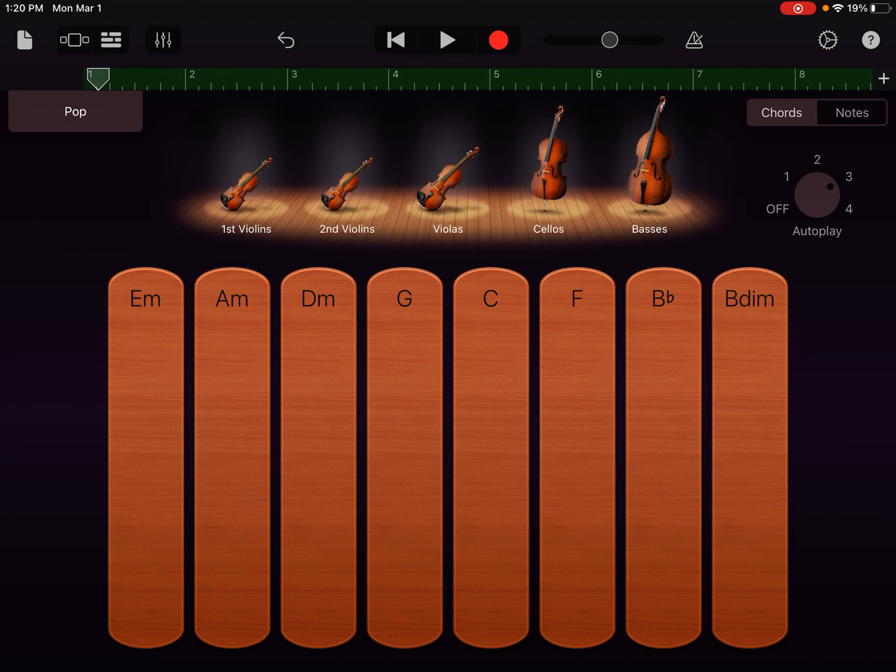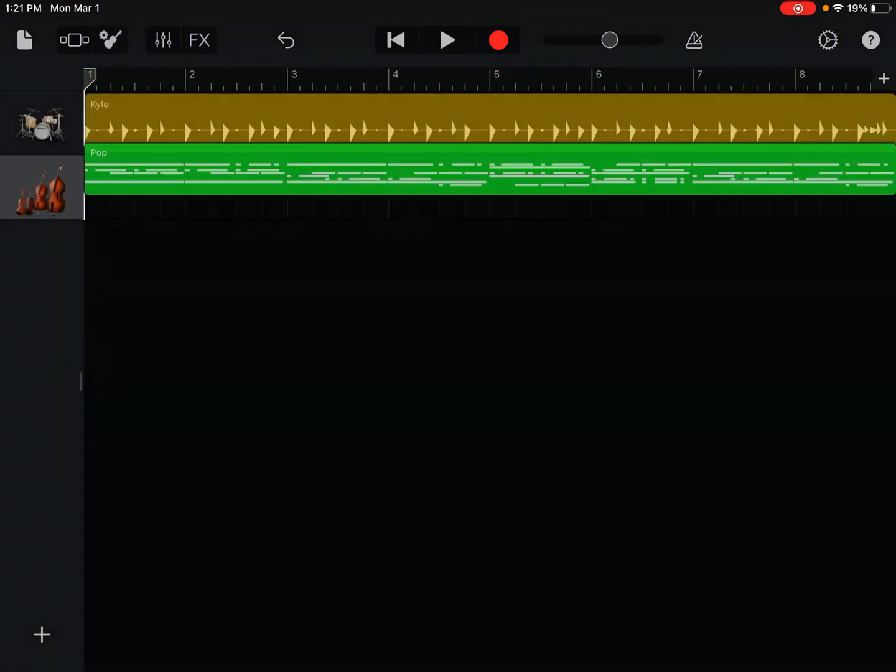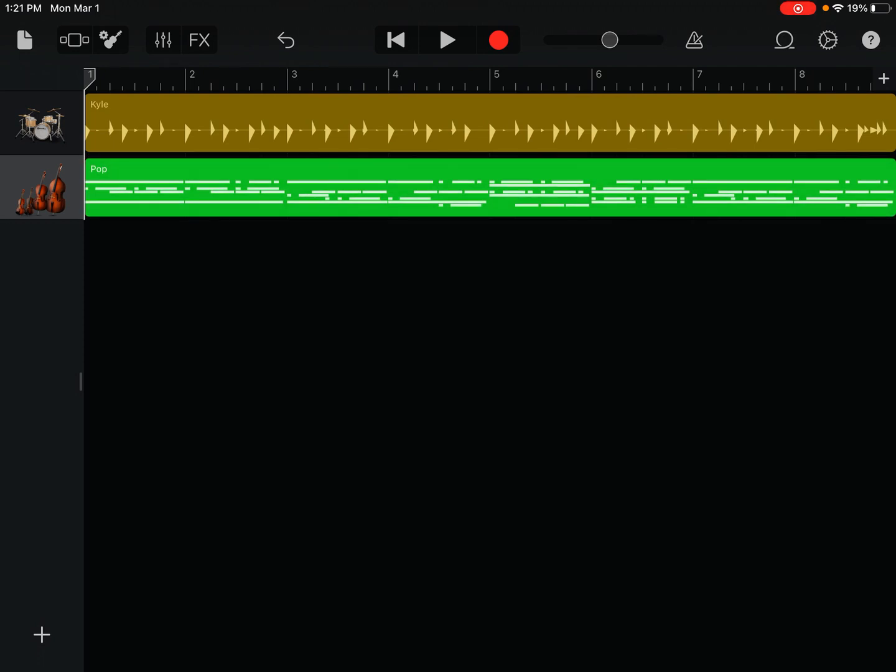And there is my recording. It'll turn green because it's a loop. So my whole song is now here. If I go to my track view, there is my song. There's my drums. There are my strings. And if I play it,